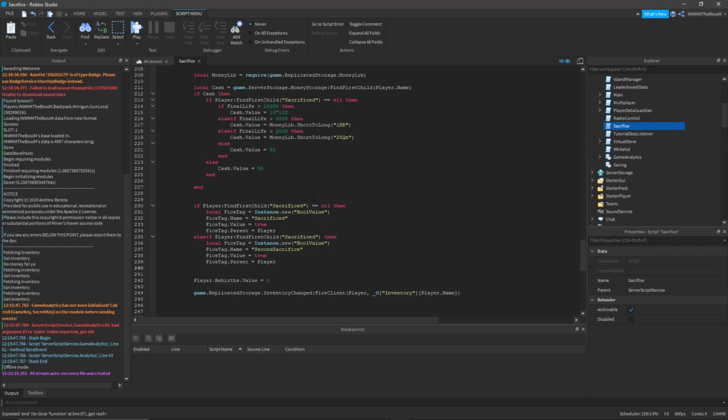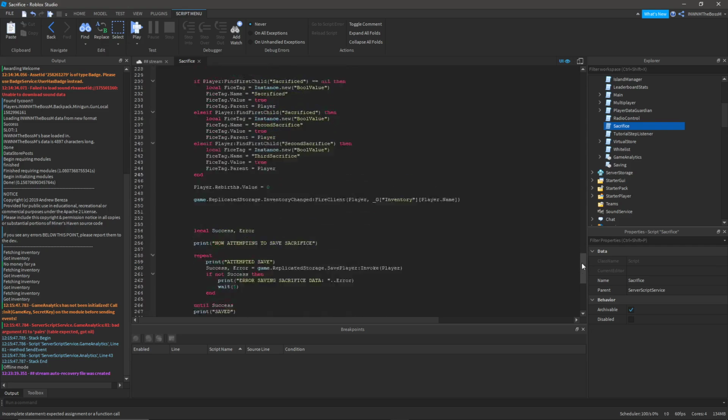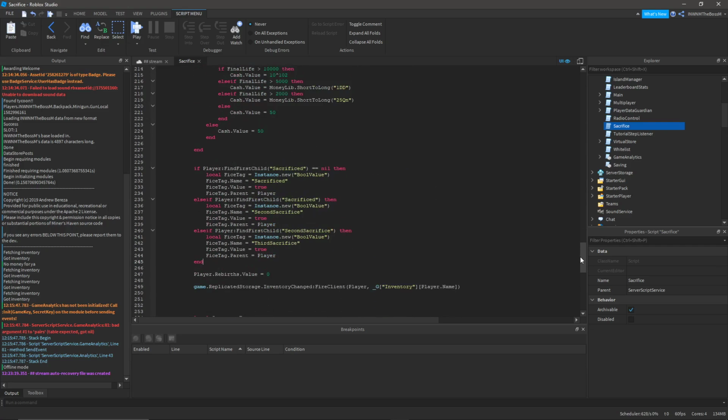So yeah, you just need to change it to like this, and then you need to add another else if. So if the player is second sacrificed, then it's gonna add a new tag which is named third sacrifice, and then you need to put a space again and end. That's how you do it. I'm not finished yet, so